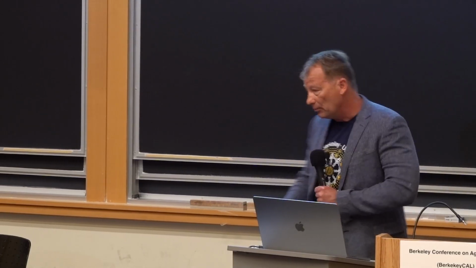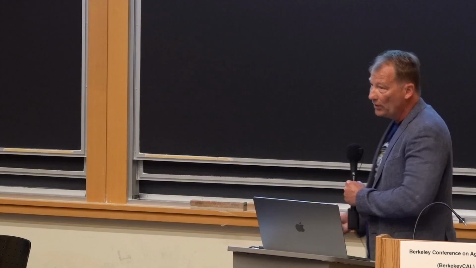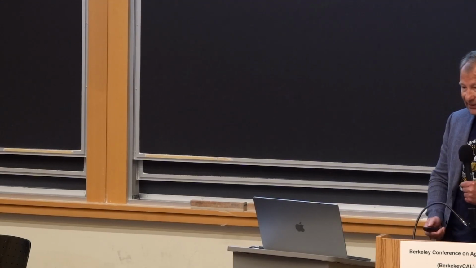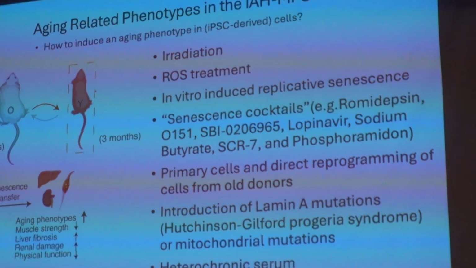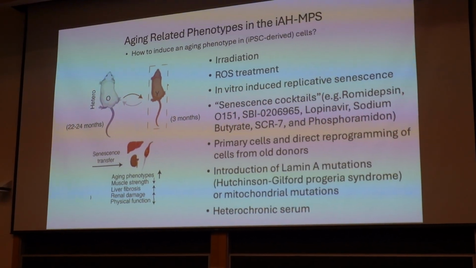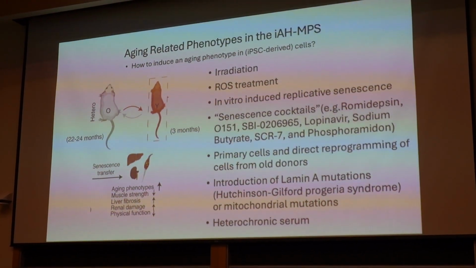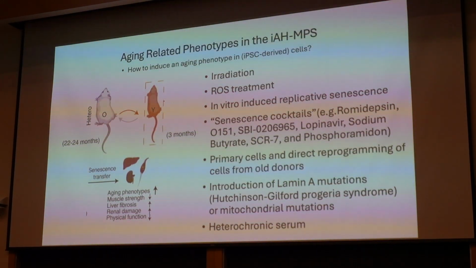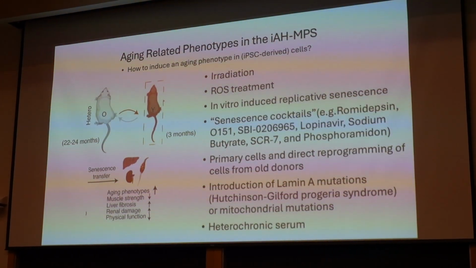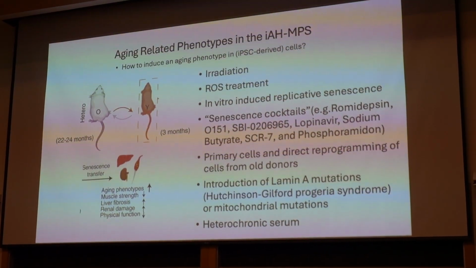And there have been different approaches that people have taken. This includes irradiation and ROS treatments and some cocktails that may induce senescence, but none of these really recreate any kind of physiological aging stage. And to be frank, without someone sitting right now in the audience, we would have never thought about using this system for aging, but Irina Conboy convinced me that this can be used to look at aging,